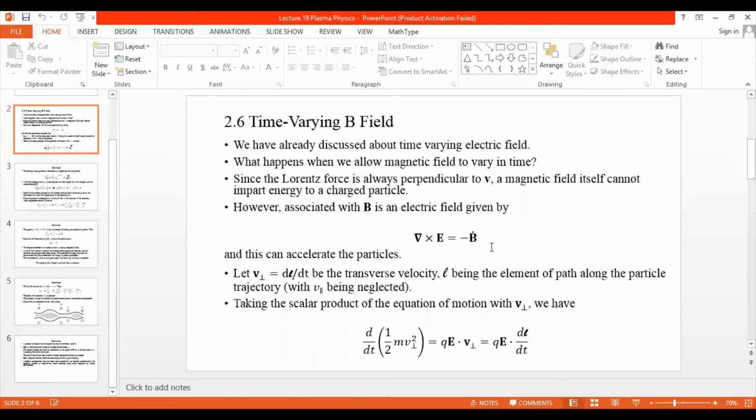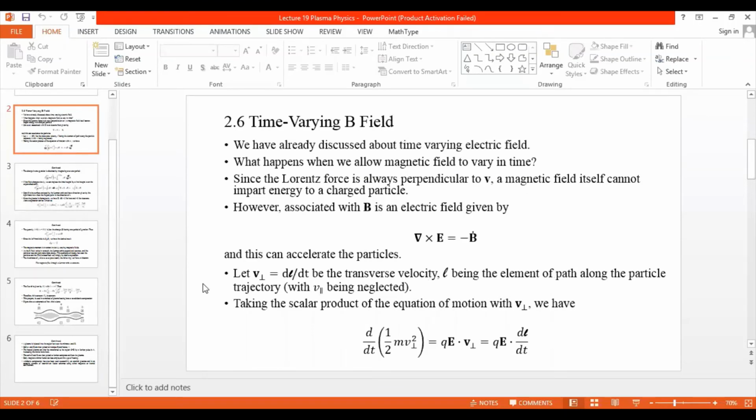The Lorentz force is always perpendicular to B, so a magnetic field itself cannot impart energy to a charged particle. However, associated with the magnetic field there is an electric field, that is, del cross E equals minus B dot, and this can accelerate the particles. So if we consider v perpendicular equals dl by dt to be the transverse velocity,